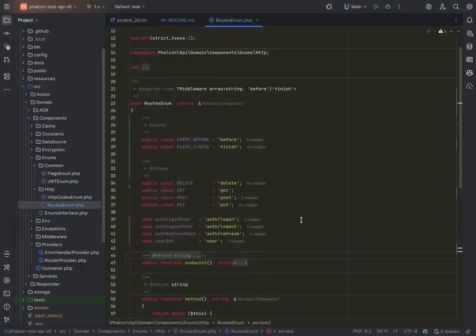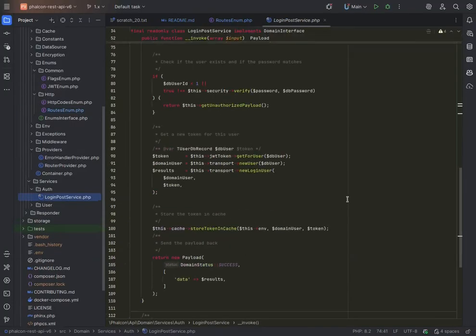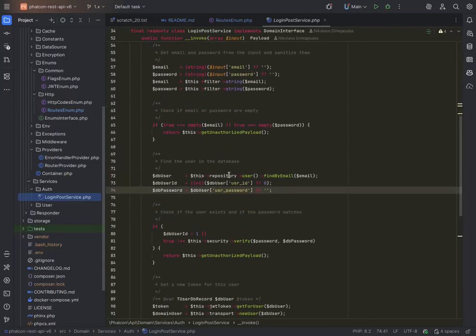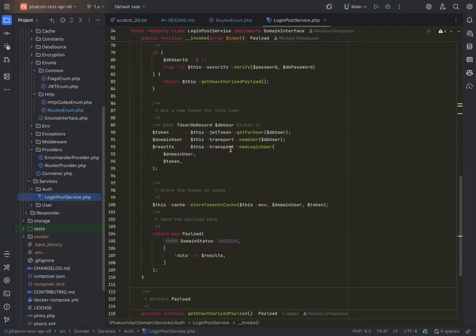But the question is, where is my refresh token? If I go to my services and auth and login post service, let's have a quick look here. We have our invoke, we're getting the username and password, we're getting the user itself, we're validating everything, and then it says here I need to get a new login user, which one I get from the transport. And then I just get everything that I need from this method here, and I send it back as a result. Unfortunately, that one does not include the refresh token,